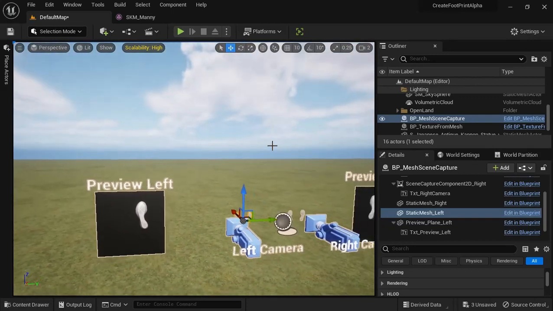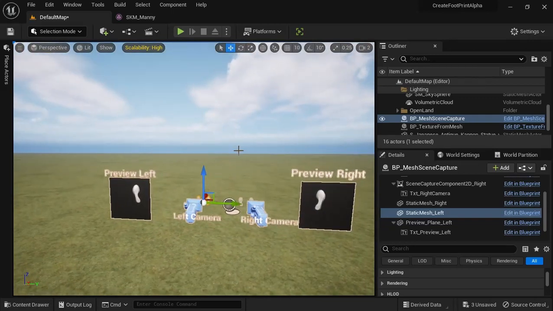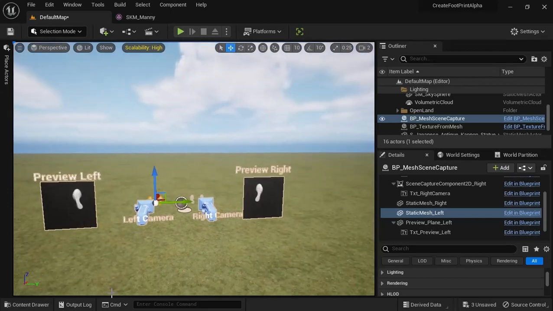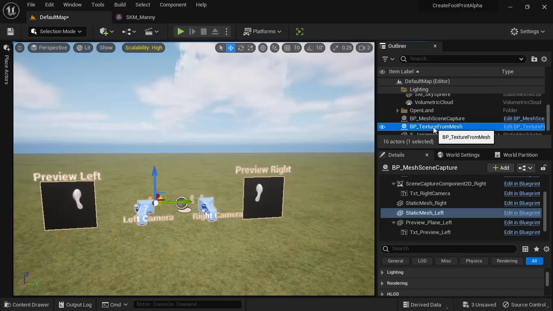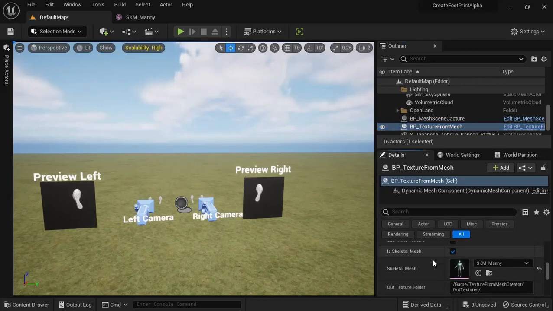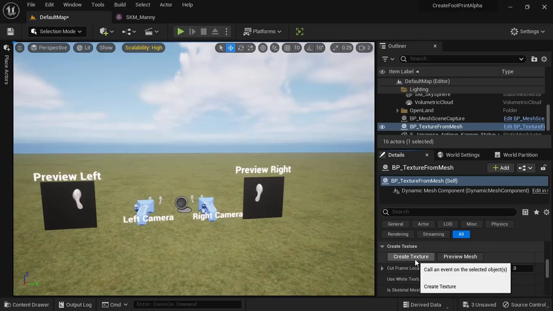That looks good. So now I have my right and left foot from the character. And then all I have to do is go back to my BP Texture from Mesh, and up a little bit, and we've got here, and we hit Create Texture,